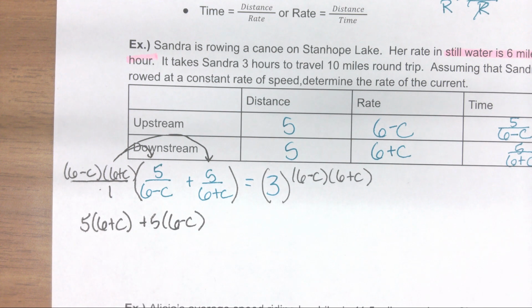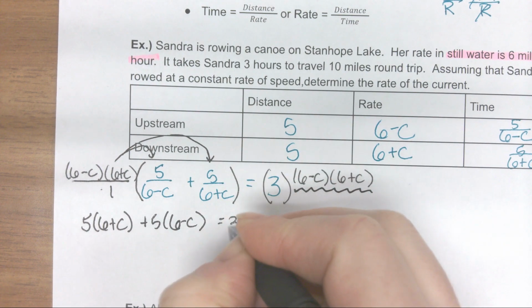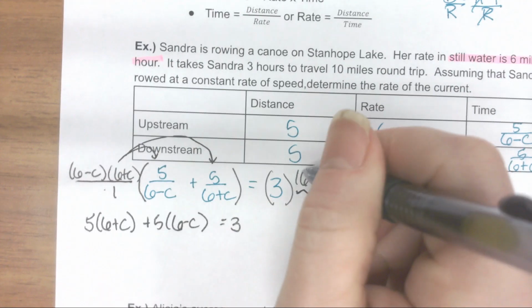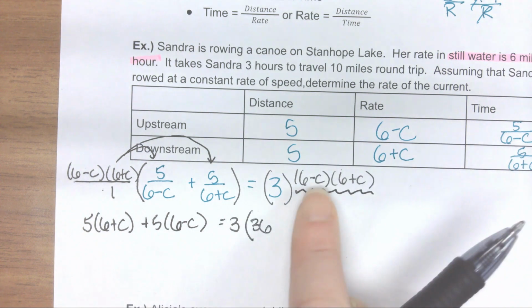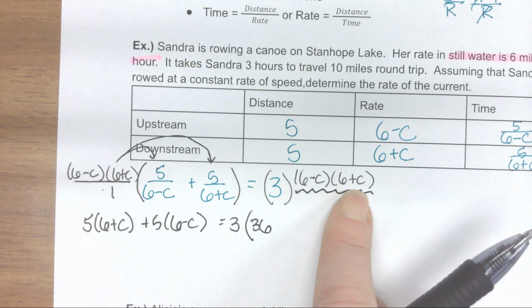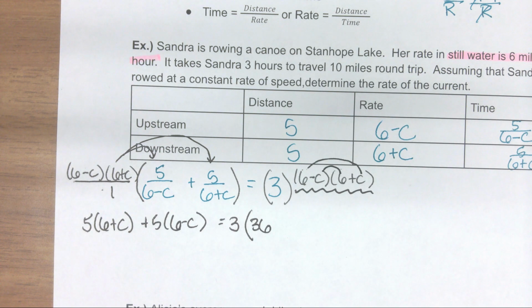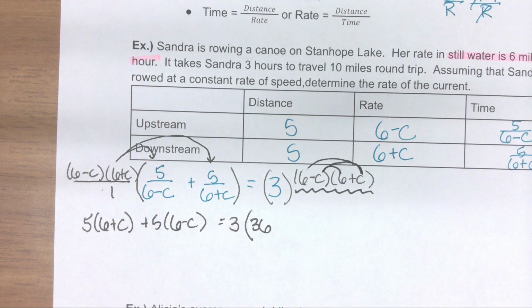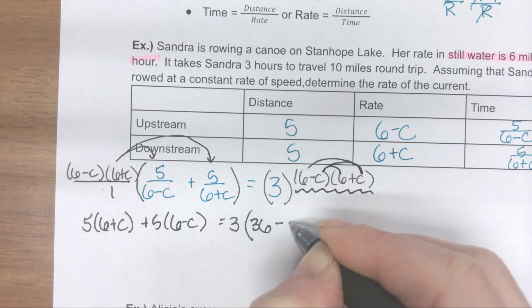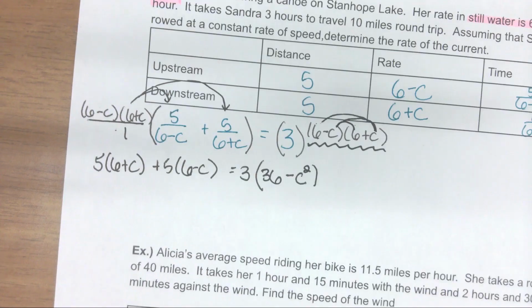So I'm going to multiply out 6 minus c times 6 plus c, and then distribute the 3. I'm going to go ahead and do that right now. What's 6 times 6? 36. Do you see how I have a minus c and a plus c? That's going to tell me that the middle terms are going to cancel, so I'm not going to write them down. I have 6c minus 6c. Doesn't that cancel? All right. And then what's minus c times c? Minus c squared. All right. Let's distribute everything out and solve.